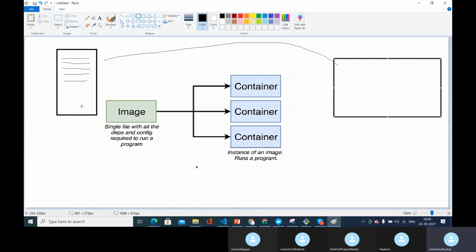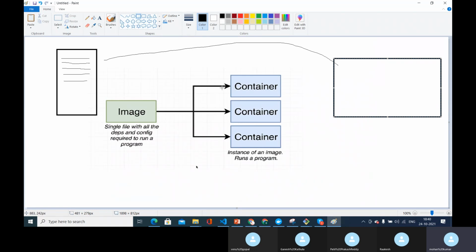So an image, you can consider as a script. This contains all the dependencies that are required, all the configurations that are required, and the web app that you want to run. All these details will be there in this particular image. In our example, this is the director's script, and now this script has to be converted into a visualization form with the actors in place, and released into the theaters for the audience. So the same image, which is equal to the script, will be converted into a container.